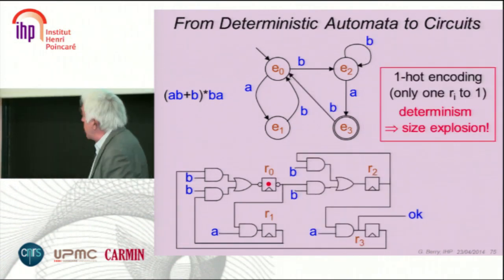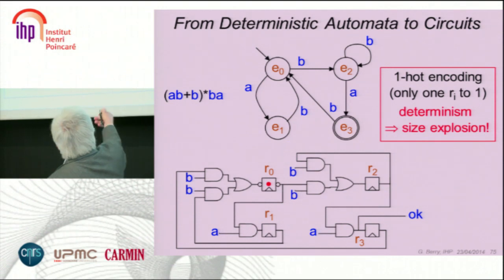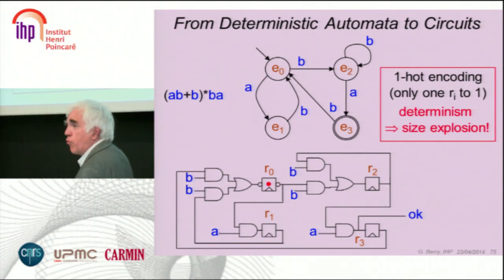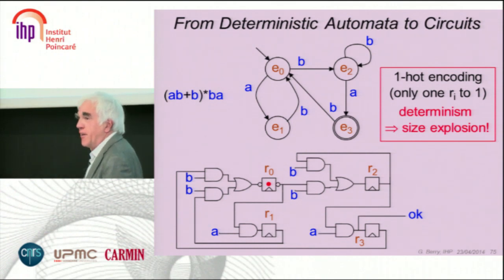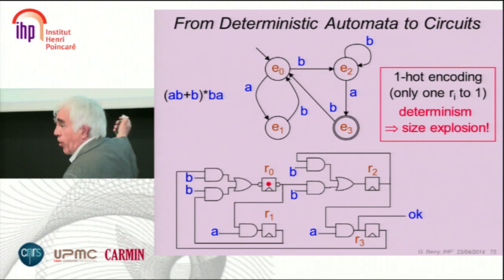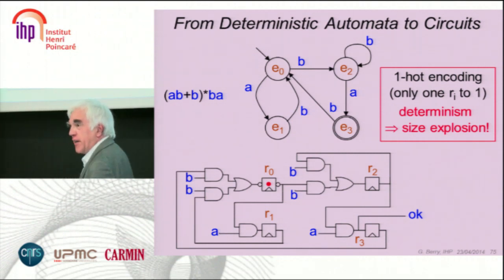So you see it works very easily. For example, if you read an A from here, this will be 0, so nothing will happen here. And then the token will come here. It's called one hot. It's a very hardware-ish name, because only one of the states is hot. Okay, this is why it is called one hot.